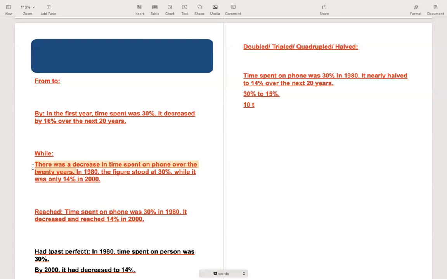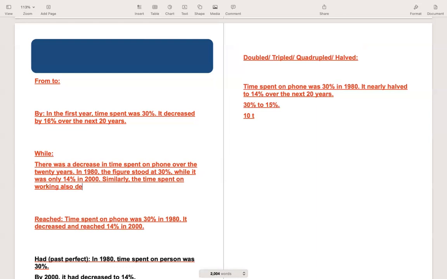Because I write paragraphs based on themes, my paragraph will be all about decrease. The whole paragraph, the values will be decreasing. So I want him to pay attention to that. By writing this, I make sure that he pays attention to what I'm trying to say, which is decrease. For example, if I didn't write this, and in the next sentence I wrote, similarly, the time spent on working also decreased,